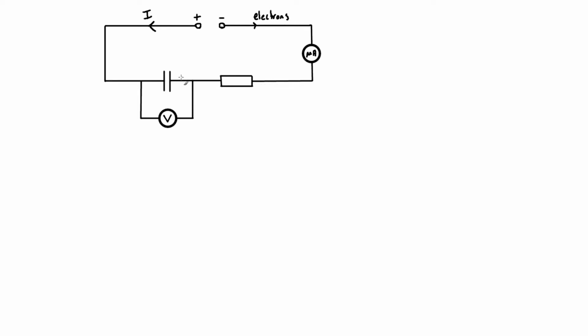electrons can move around here, and as the electrons reach this plate here, they start to produce a negative charge on that plate. So this begins to acquire a negative charge, and at the same time electrons are drawn off this plate of the capacitor and move around to the positive terminal. So while the capacitor is charging, while these plates are acquiring a charge, a current will actually be seen on our microammeter here. Okay, so on this microammeter we will see a current while electrons are flowing onto one plate and off the other plate of